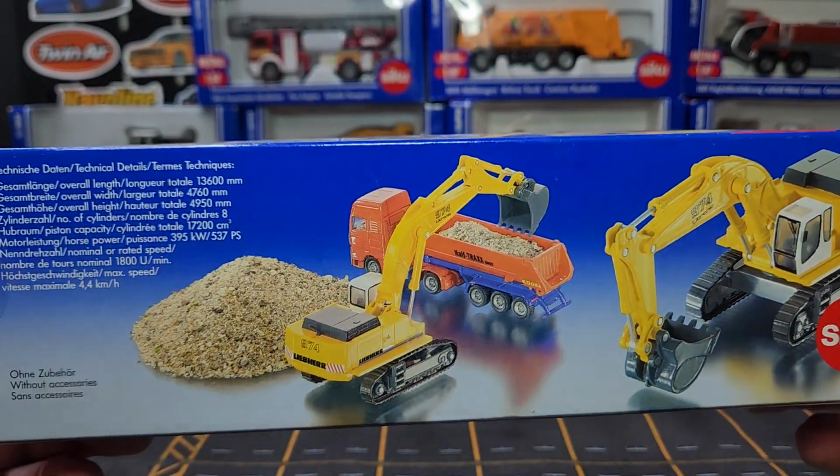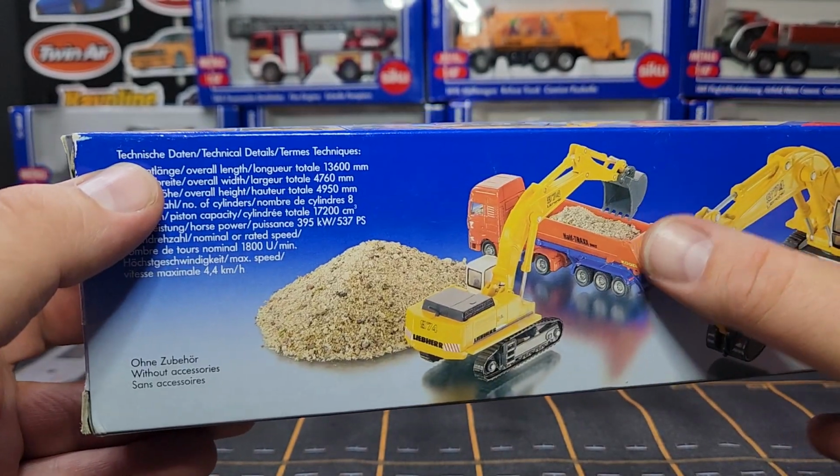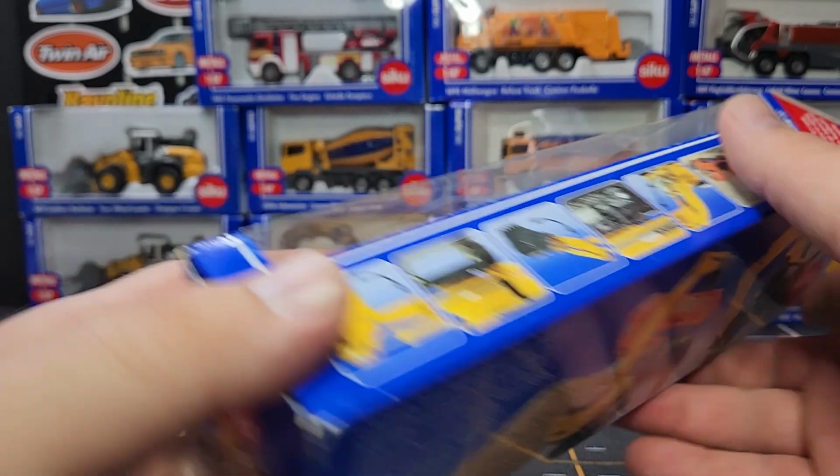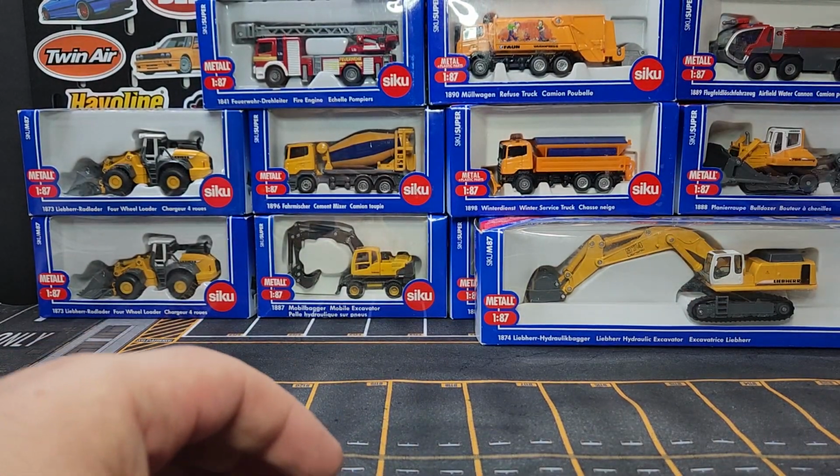There is some details in the back. Just some simulation. Of course, they make a ton of trucks. I don't, unfortunately, have that particular truck, which would be nice, but unfortunately, I don't. All right, the last one that I have in my current